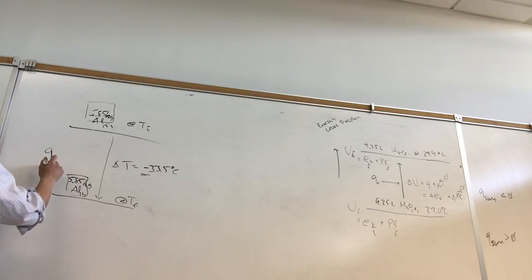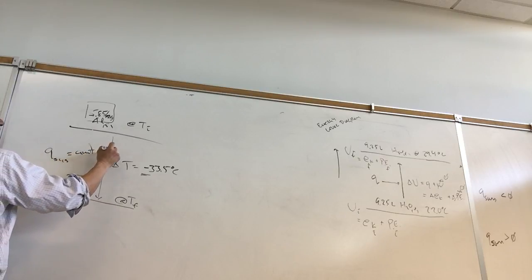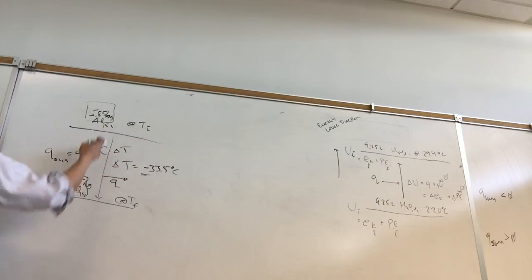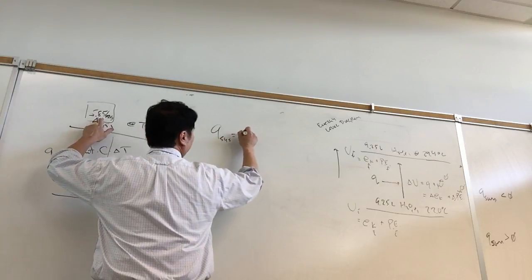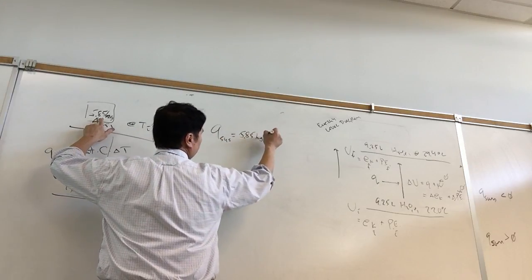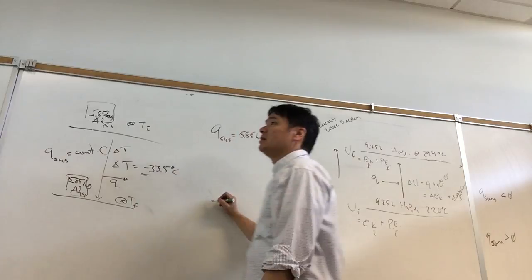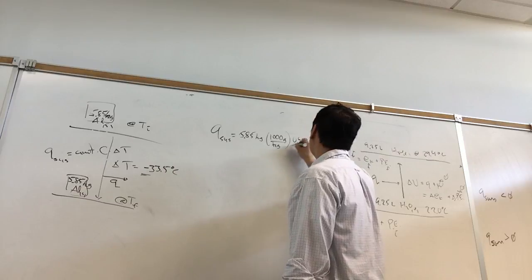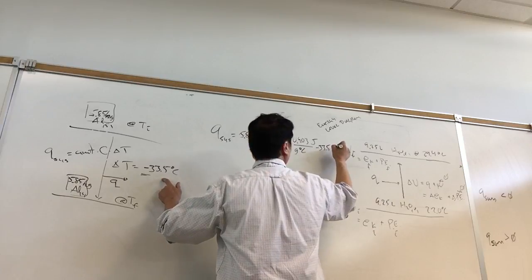So if the object cools down, Q of the system is equal to the amount times C times delta T. In other words, heat has to be lost, or energy has to be lost, in order for us to have this temperature change. How much energy? Well, Q of the system is equal to 5.85 kilograms, and we have to switch this to grams, so that's 1,000 grams per kilogram. And then we need the specific heat. The specific heat of aluminum is a lot smaller than water. It's 0.903 joules per gram degree C. And then our delta T here is minus 33.5 degrees C.